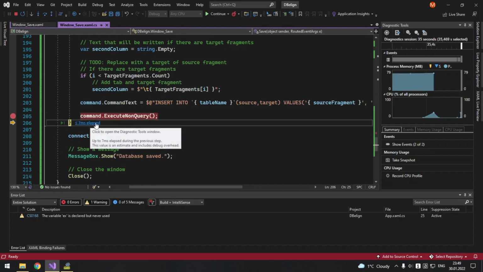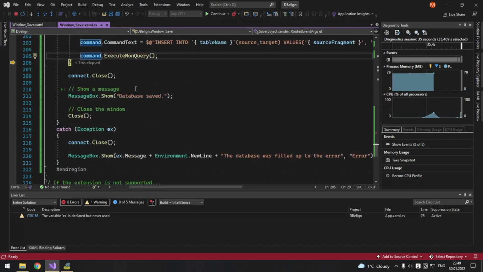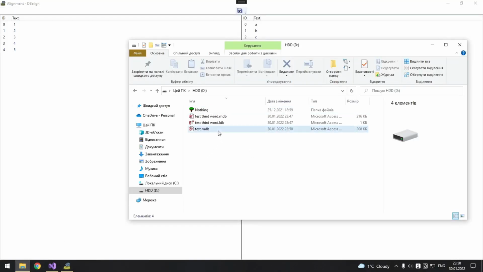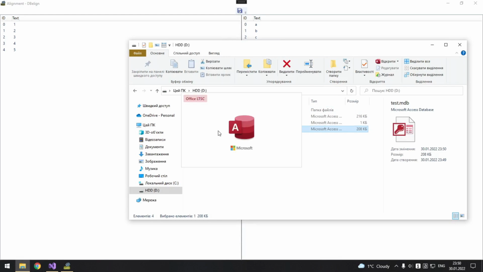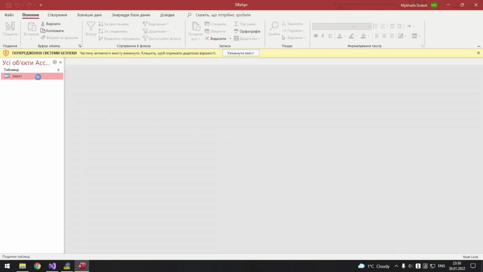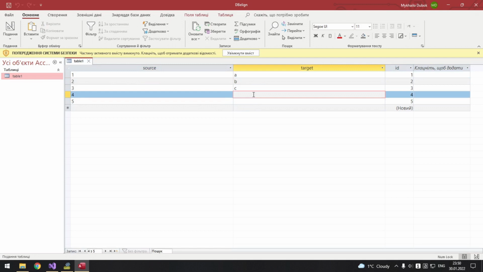Yeah. Now we don't have a problem with this. So I think we can now launch it. Database saved. Alright. So test. Okay. And there we have our values. And these are empty because we don't have target fragments.